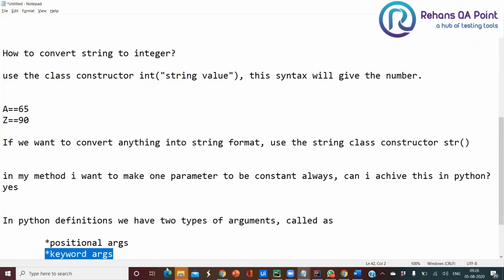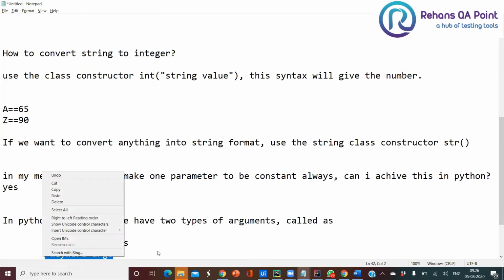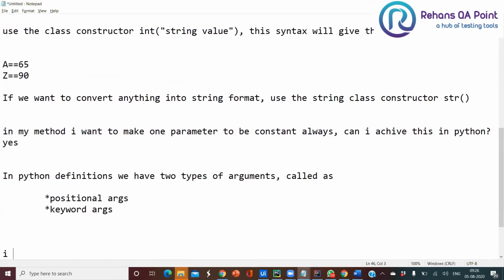Now, I don't know how many positional arguments I need to send.